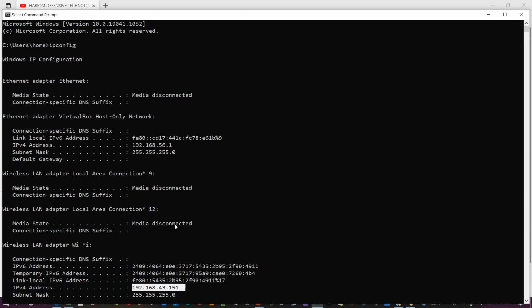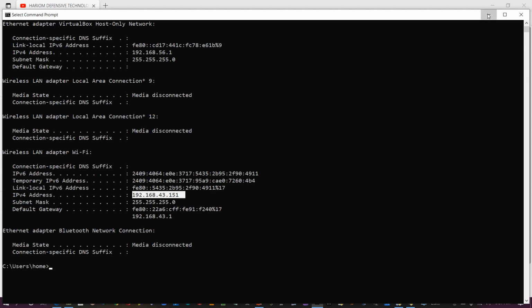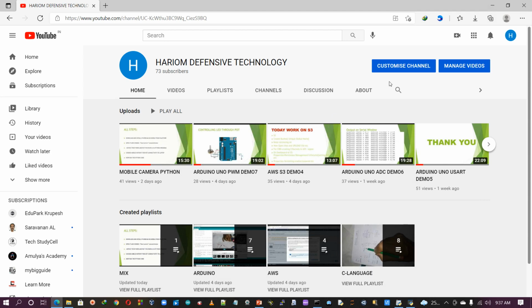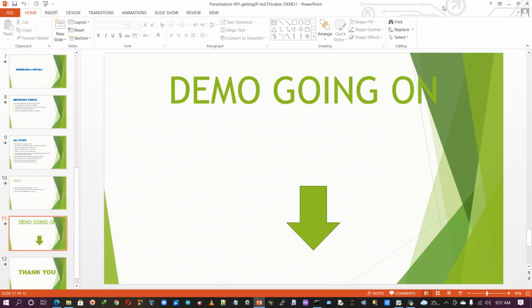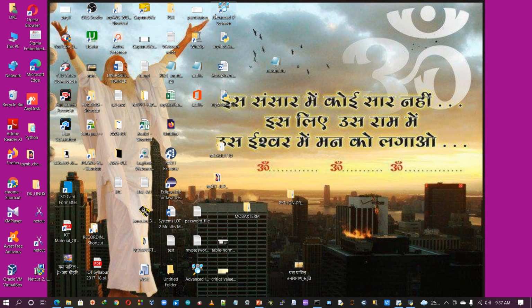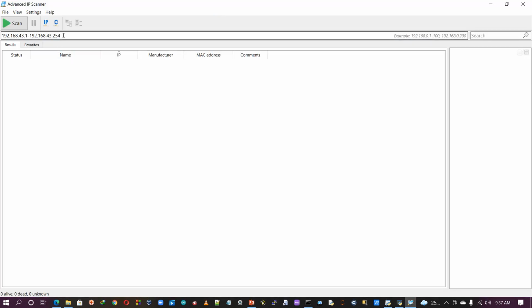Okay, so next, I need to open the IP scanner. So here I'm opening this one, Advanced IP Scanner, which you already installed. Now here just supply that range. So I think this is right, 192.168.43.12 to 192.168.43.254. Yes, it is okay. Now just click on scan. Once again, each and every device connected to my mobile network must have an IP related to this one. So scan this.